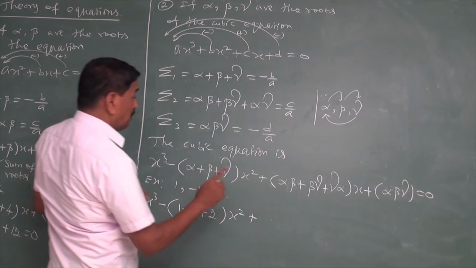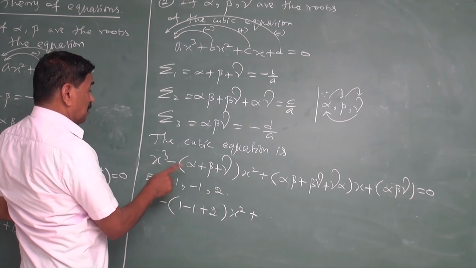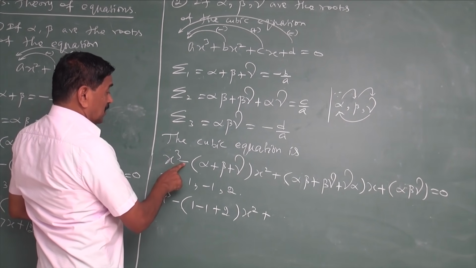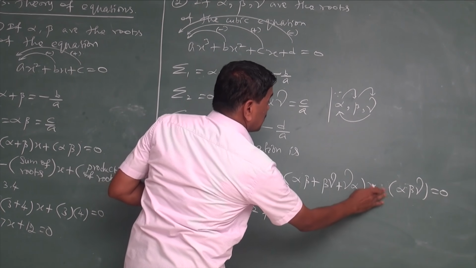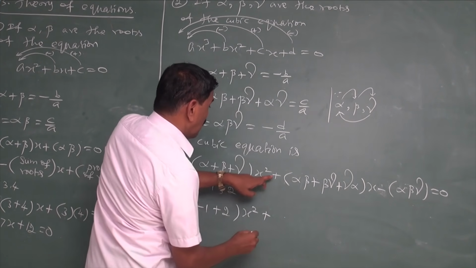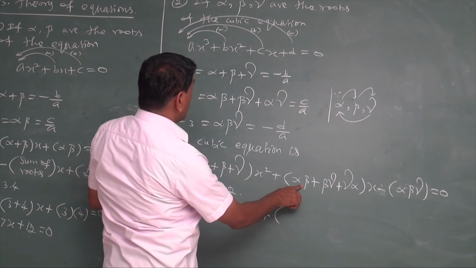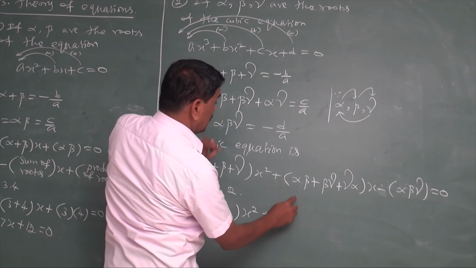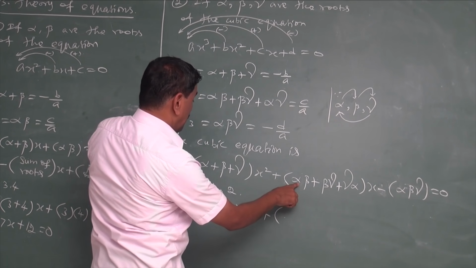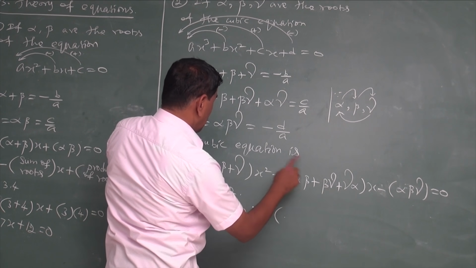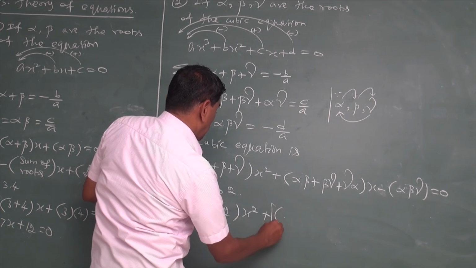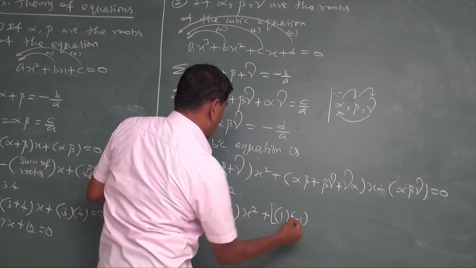I already told you the terms alternate plus and minus, so plus, minus, plus, here minus, so minus. Now plus the sum of the products of the roots taken 2 at a time, where alpha equals 1, beta equals minus 1, gamma equals 2. So square bracket 1 into minus 1